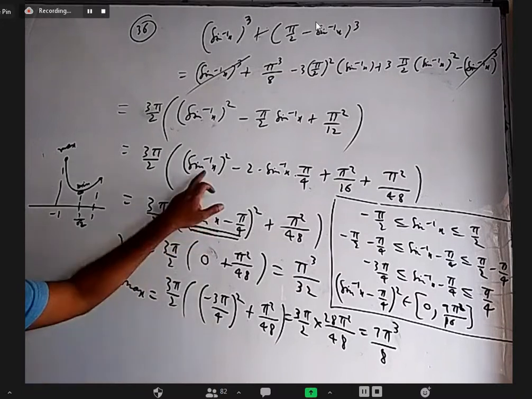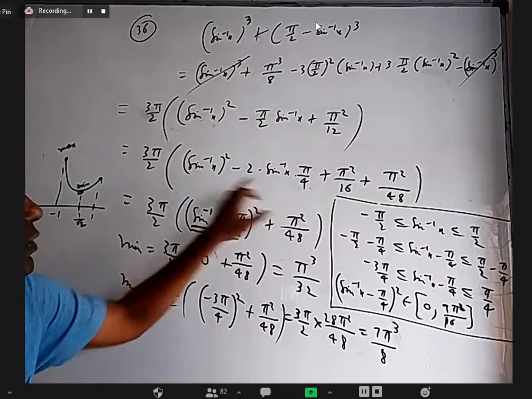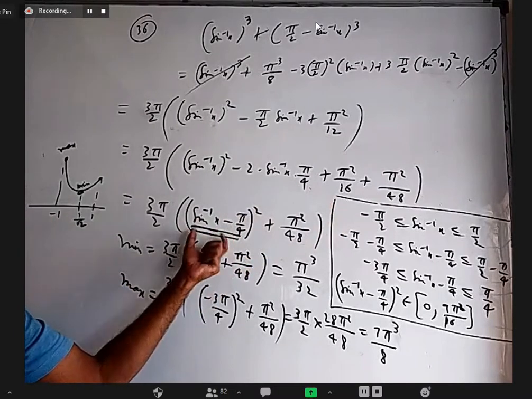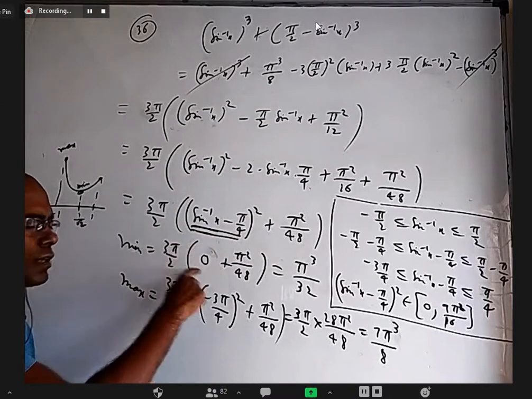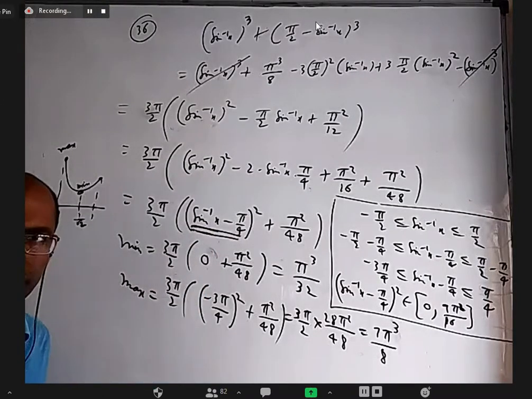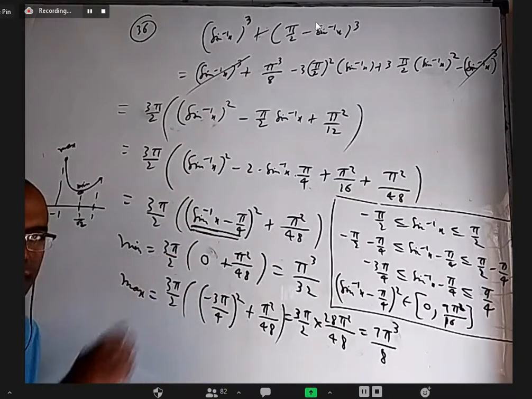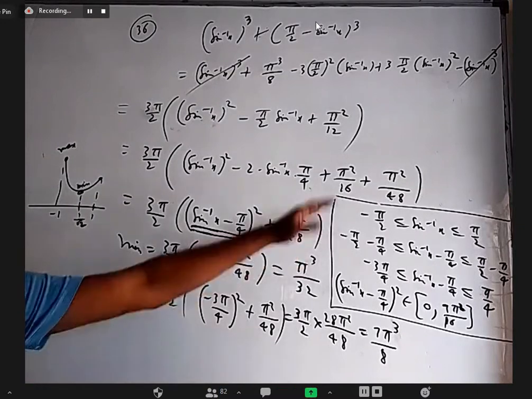Yes, sir. I have that min-max part also as a doubt. I'll explain. A square minus 2ab plus b square together is a perfect square, and that is this. Square of anything, the minimum is 0, right? Square of something cannot be negative. Yes, sir. So minimum is very easy. Regarding maximum, I'm explaining all this.